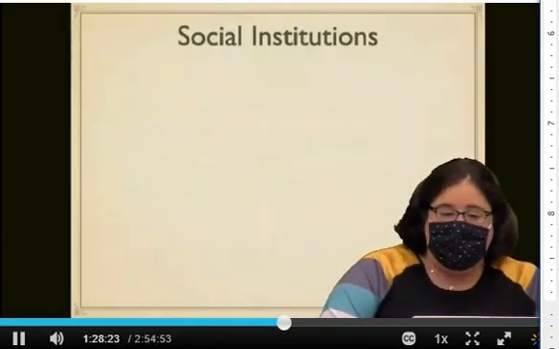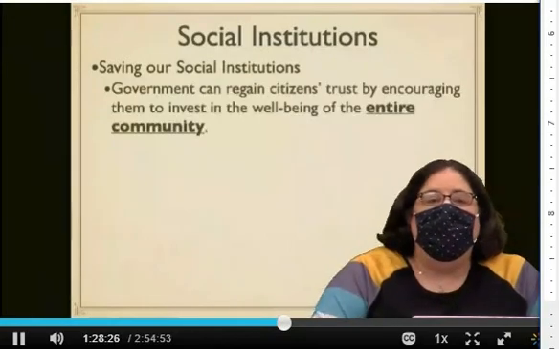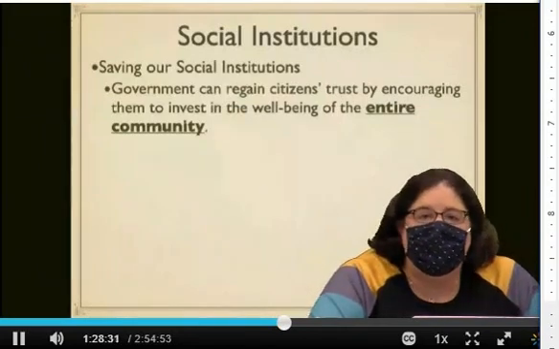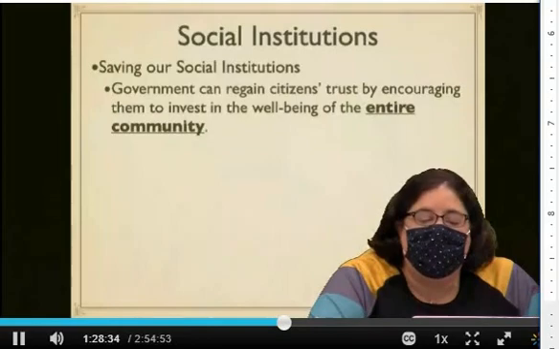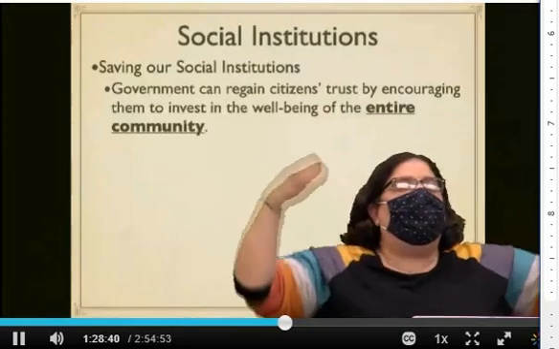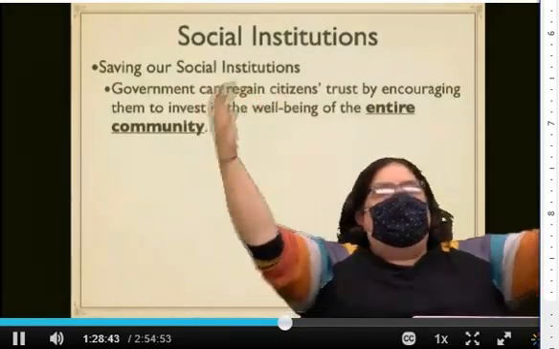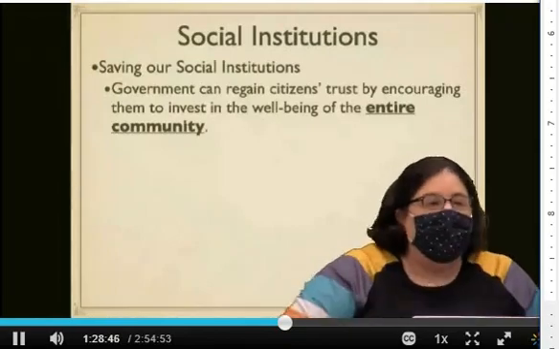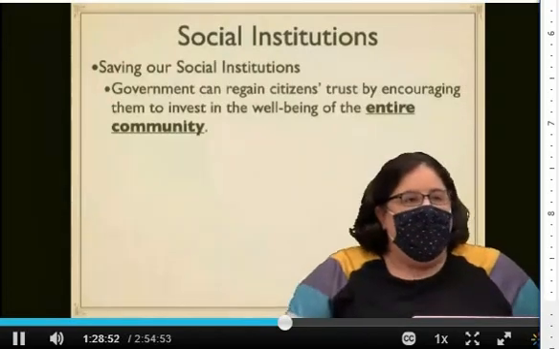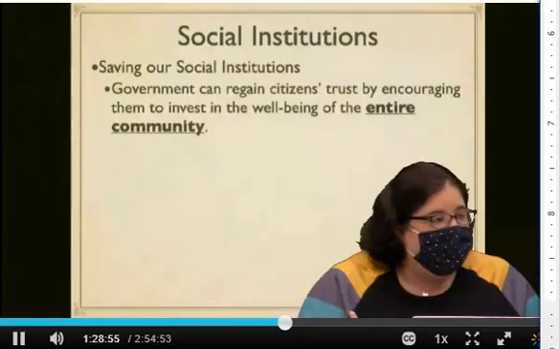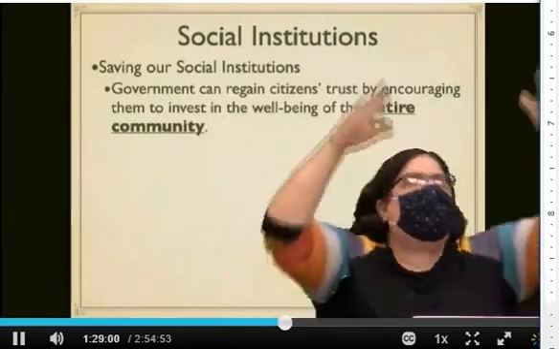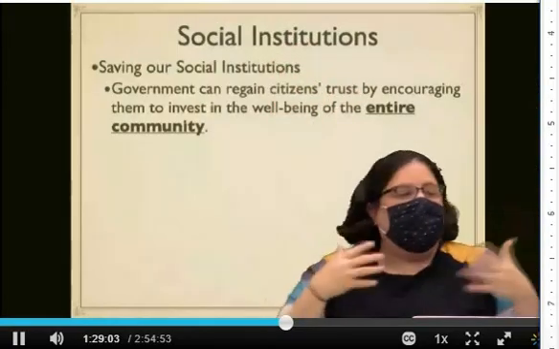So take, for example, the decrease in faith or trust in government, right? That's something we talked about in the first half. One of the ways government can regain citizens' trust is by encouraging them to invest in the well-being of their entire communities. So even if you maybe don't trust the people in Washington, D.C., you can trust Mimi in Brunswick as Brunswick's newest mayor. That's what I heard, she's going to be mayor. But if you're involved in your community, you can make changes, and that can restore people's faith in government. Even if it doesn't restore people's faith in the federal government, it can start, right?